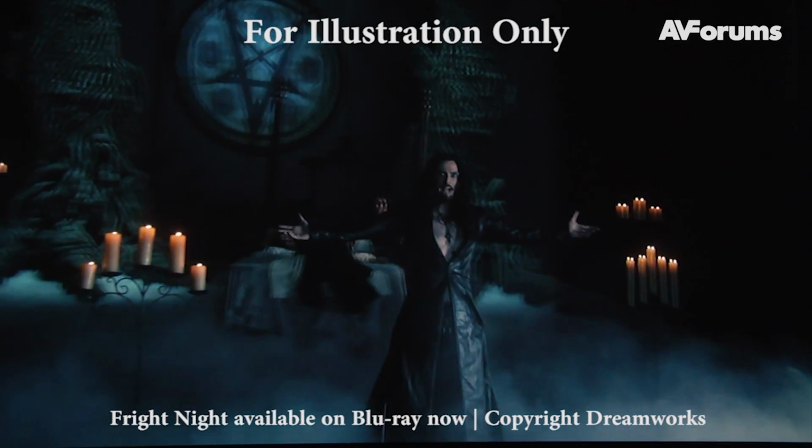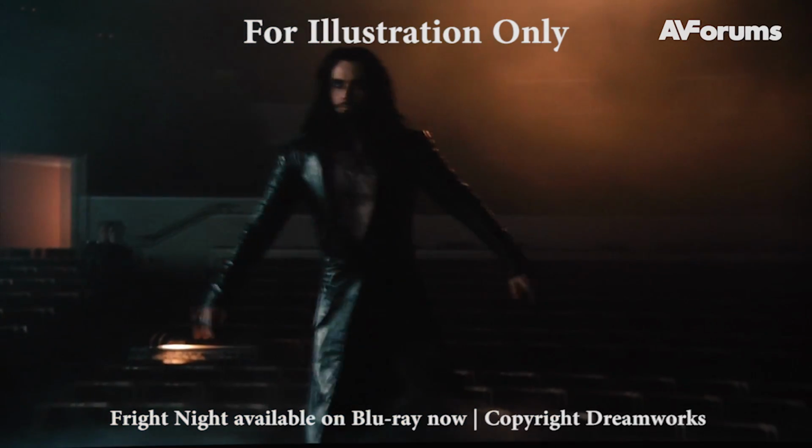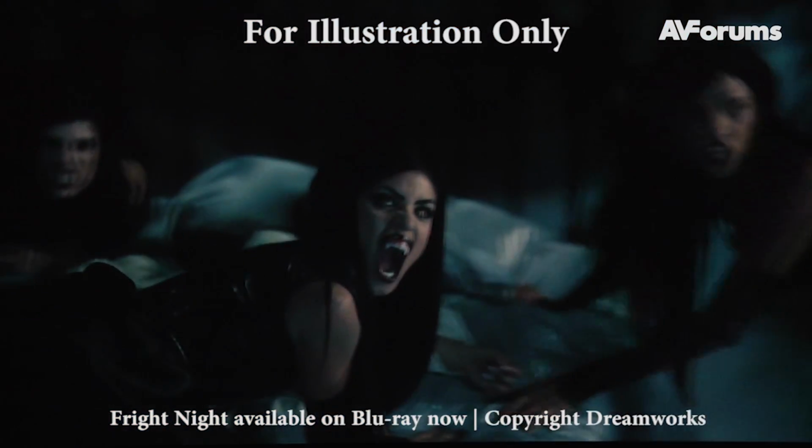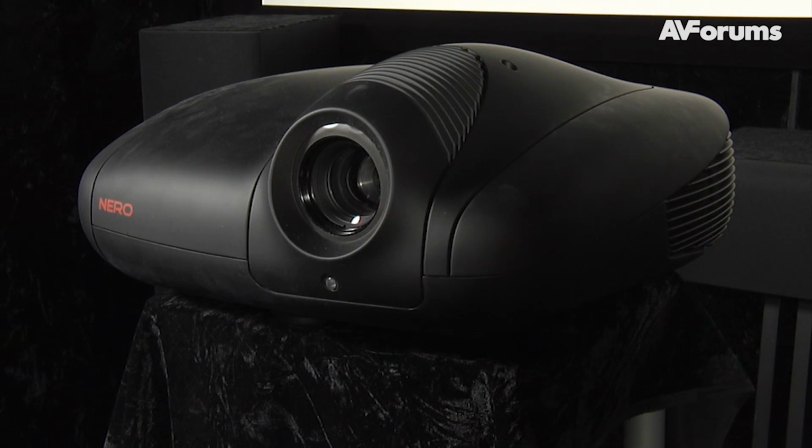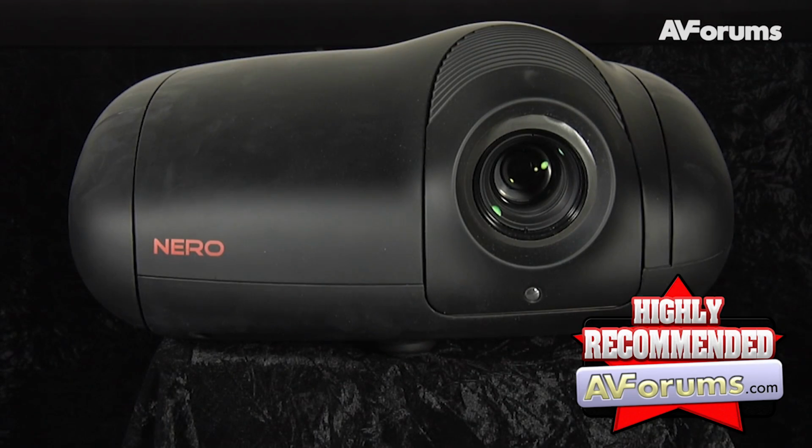Whilst the Sim2 Nero-2 isn't cheap, it does offer an impressive overall performance, especially in 3D. Although the black levels and dynamic range let it down slightly, the Nero-2 delivers a refined and classy picture that is hard to resist. We are happy to award the Nero-2 a highly recommended badge, and you can read the